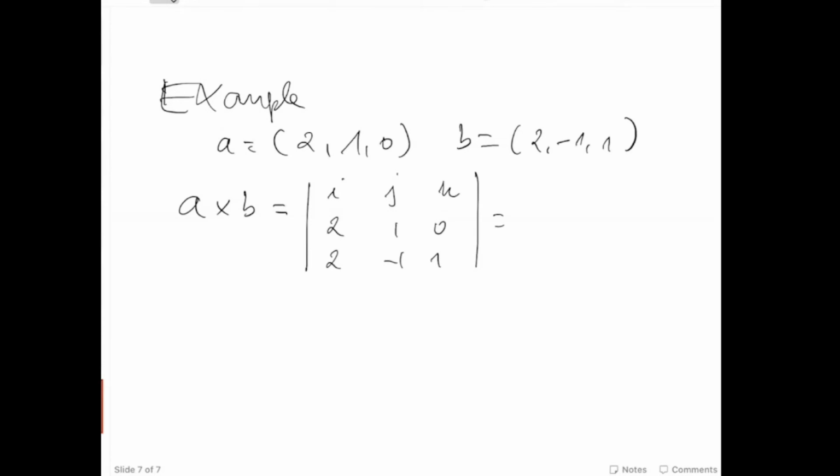So now you have the option to look at the formula and apply it, or then if we do